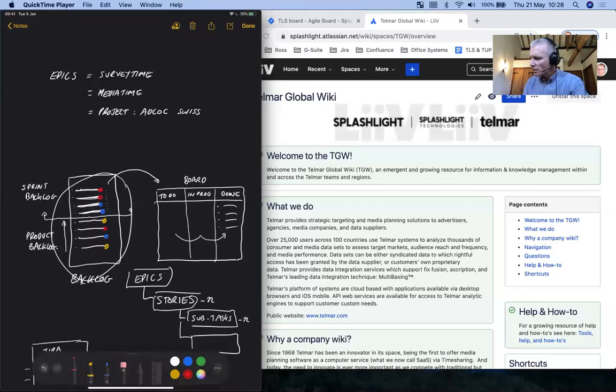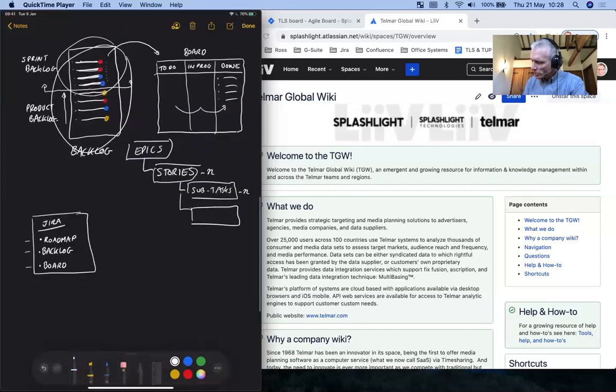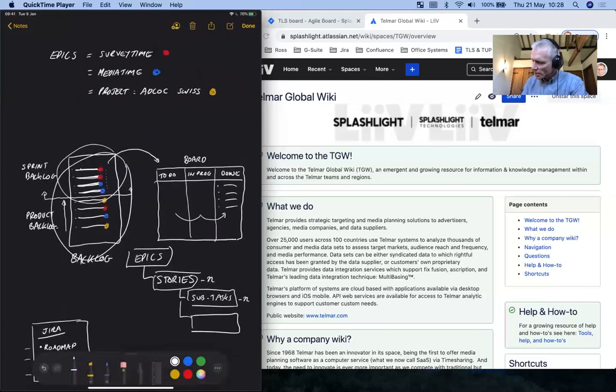It gives you an at-a-glance view that if we're looking at the current sprint, we can easily see. Let's carry the colors through here. What did we say? I think we did something like this. So we can easily see that when we're looking at this backlog, remember I told you one of these key views was the backlog, we can get an at-a-glance view to see that in this current sprint, we're spending some time on survey time and we're spending some time on media time. And in the backlog, we've got some stuff coming up for Adlock, but we're not currently working on it.